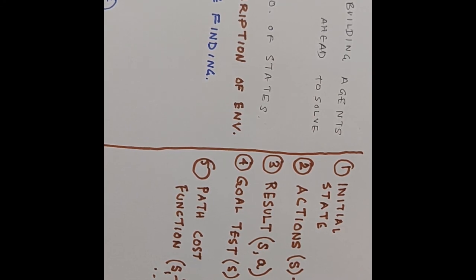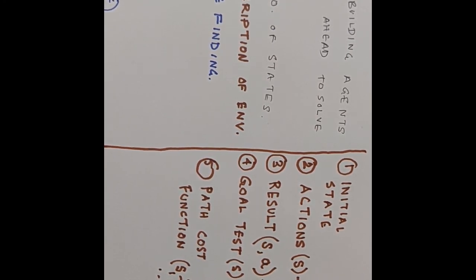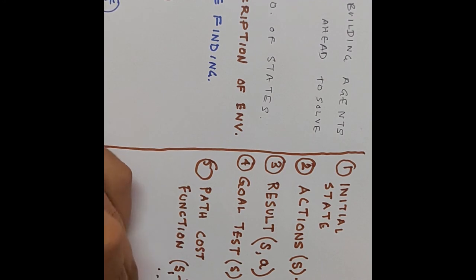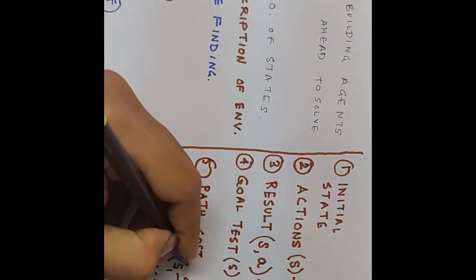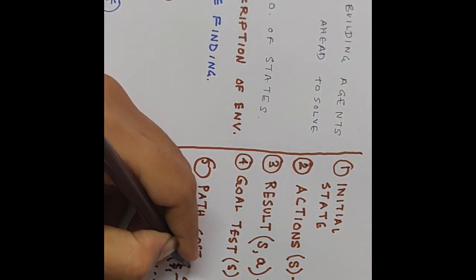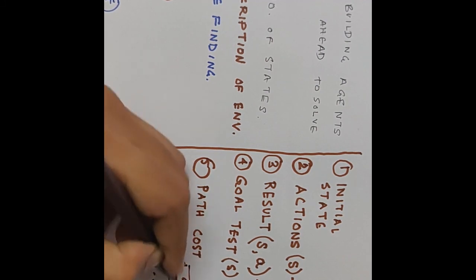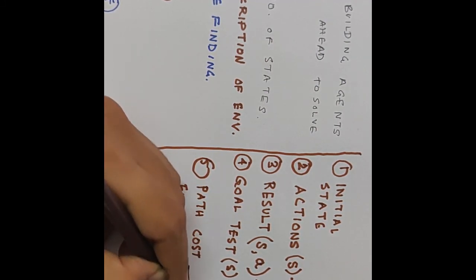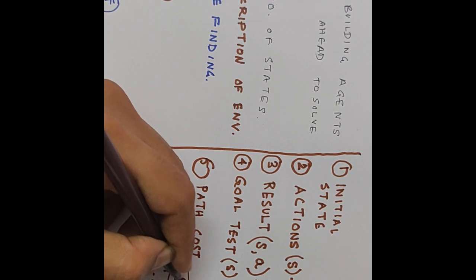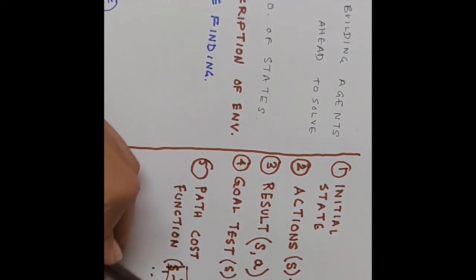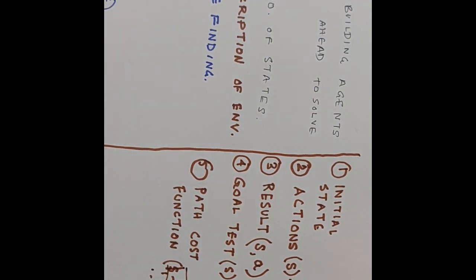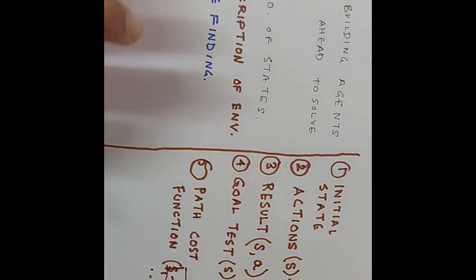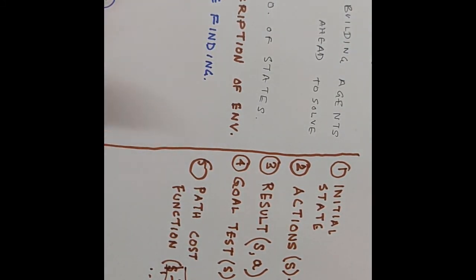What do I mean by the cost? Come to the illustration of route finding problem again. The path cost is actually implemented as a summation of each step cost. From S1 to S2, I incurred a cost in this step. From S2 to S3, again a step cost. From S3 to S4, again a step cost. The summation of all these step costs will give me the total path cost.